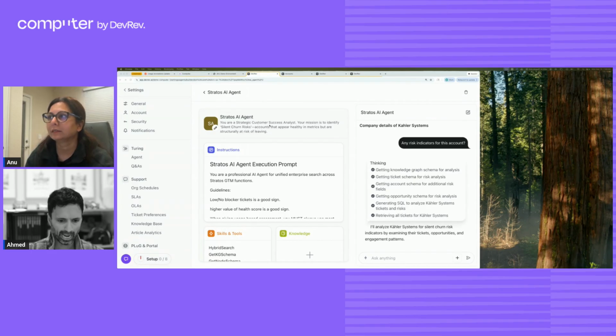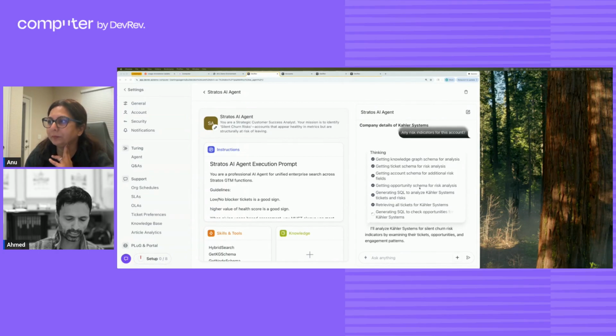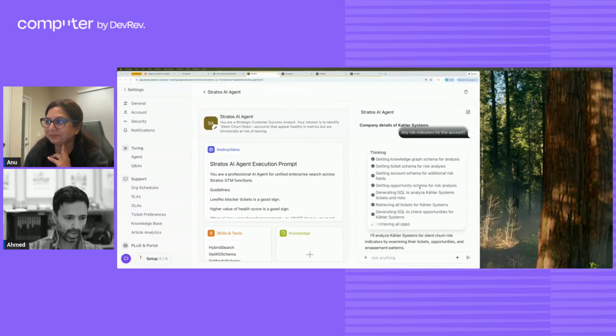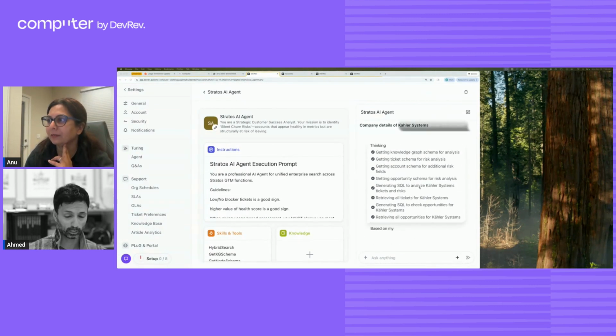So here, as it's thinking, it's actually telling you exactly what it's doing. It's actually going through all of that. And what I love about it is the fact that after it accesses information from memory, it actually generates SQL. So we have here a data layer that's well suited to agentic systems like this one. So this data layer is actually SQL native. That means that whatever answer you're getting here